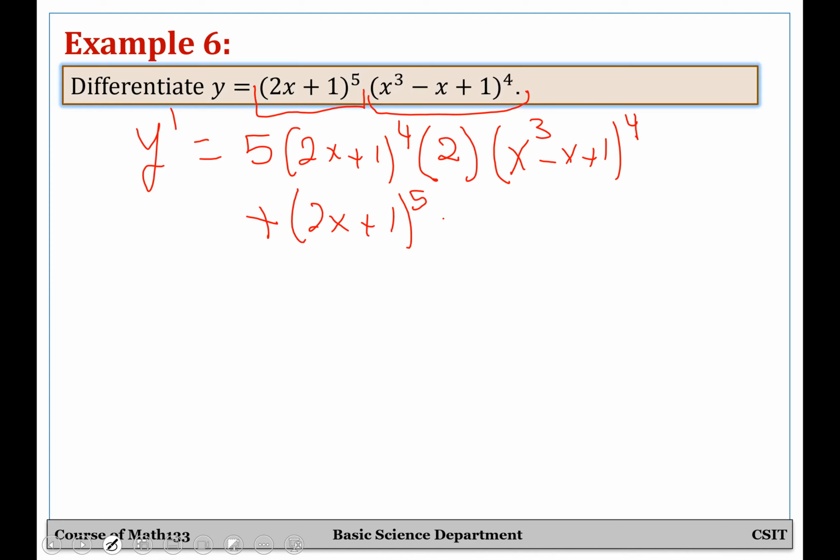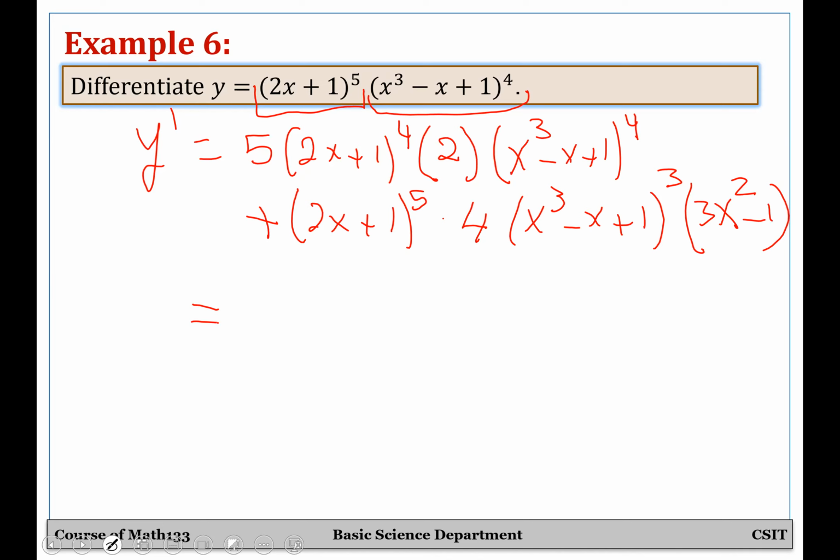And then I will differentiate the second function. So 4 times x cubed minus x plus 1 power 4 minus 1, which is 3, times the derivative of the function inside. So it's 3x squared minus 1. Okay, so you can write it like